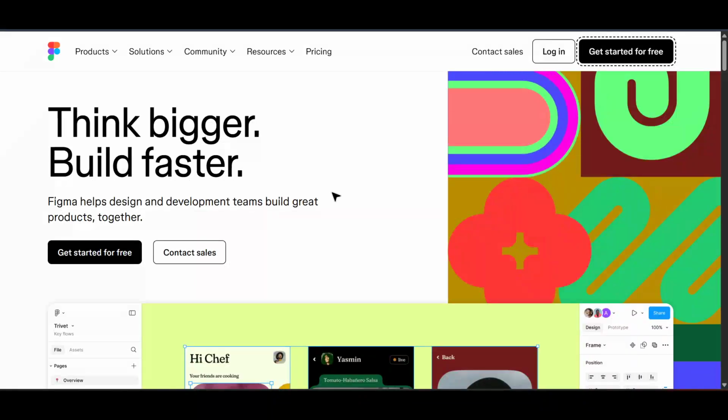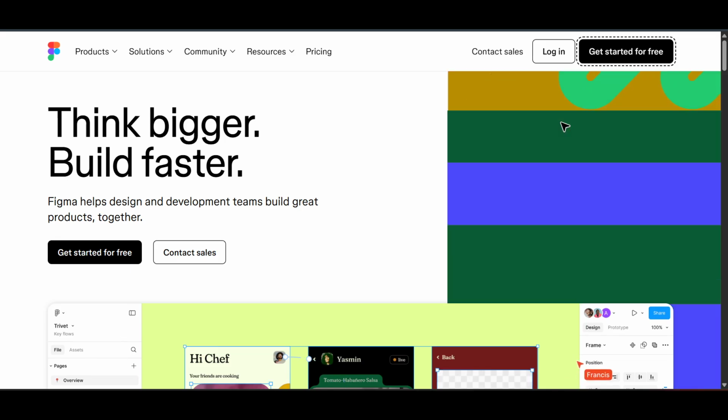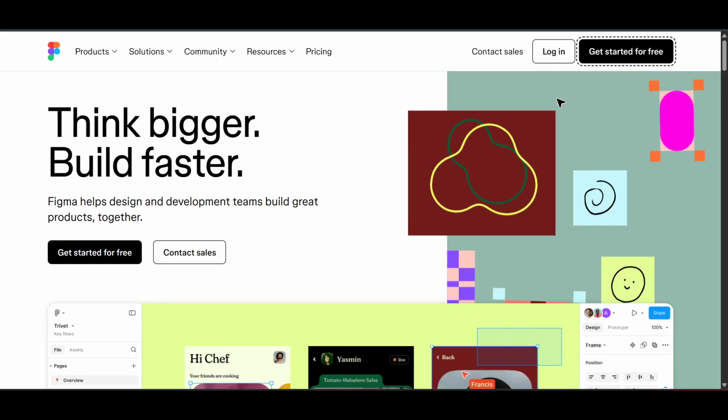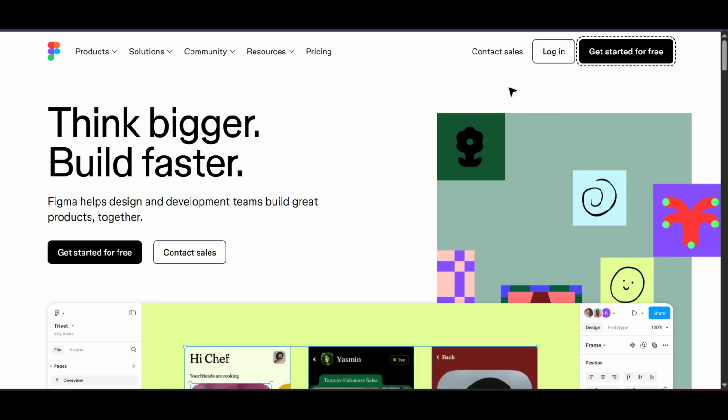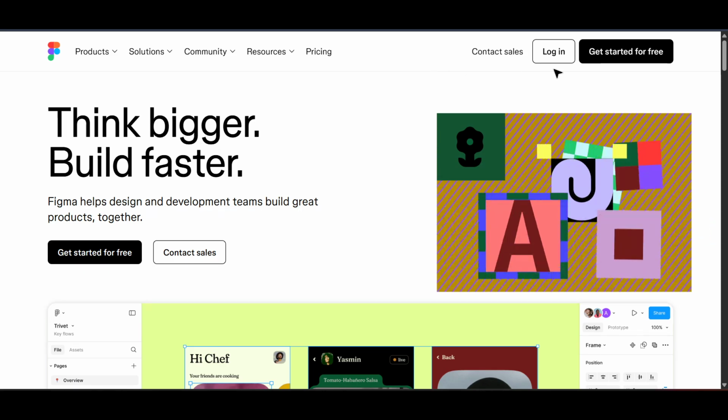In today's video, I'm going to teach you how to create an email template in Figma for your email marketing as a UI UX designer, even if you're a beginner. This process will guide you step by step to leverage Figma's capabilities efficiently, ultimately making your email marketing visually appealing